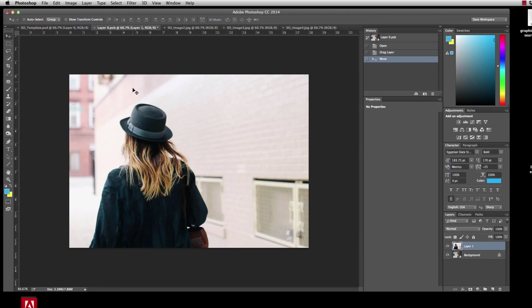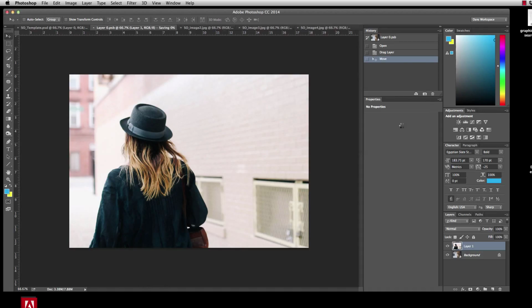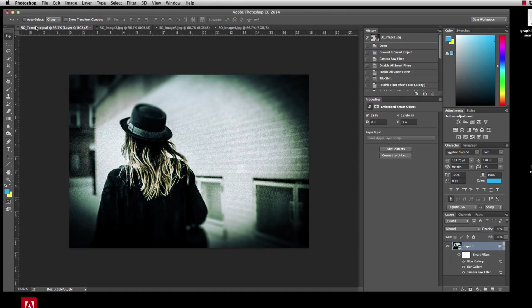I don't have to flatten or anything. I just basically hit the X to close this PSB file. It's going to say, do you want to change it? And I say, yes, save it. And now, let's go to our image. Look at that. So all we've done, we've changed the contents of this smart object, but all of these